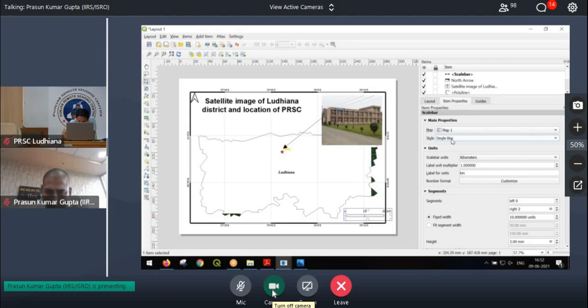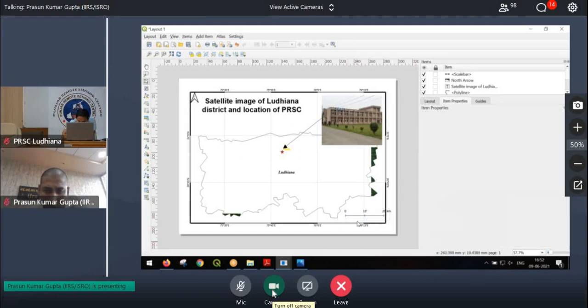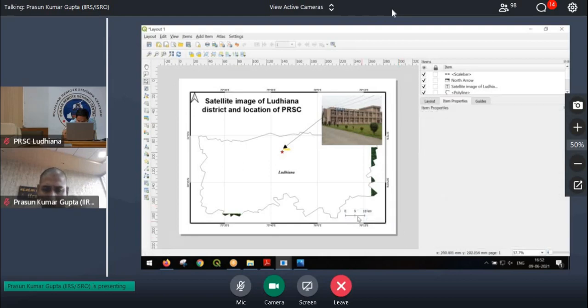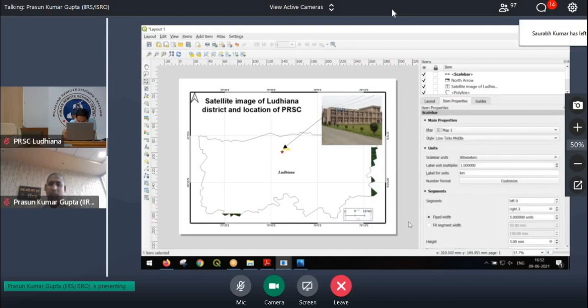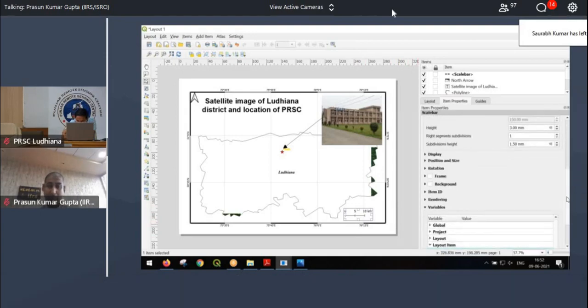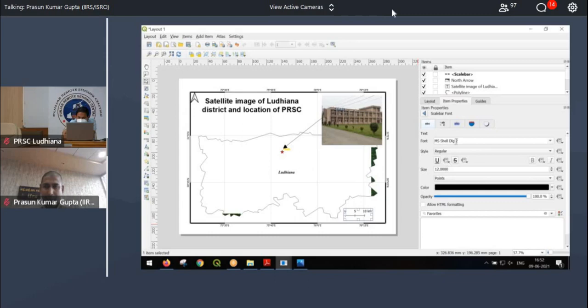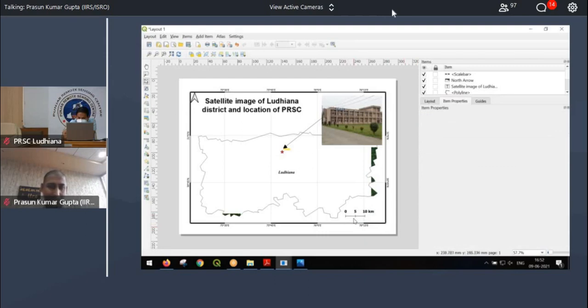I'll use a simple middle line. Okay. So it appears like this: 0, 10, 20 kilometers. There are several ways you can beautify this. I want this to be at 5 kilometer divisions: 0, 5, 10. Okay. Some people like it to be very small and unidentifiable generally, but we want it to be a little bold and identifiable, so the scale of the map is clear. So weight the font a little bit.